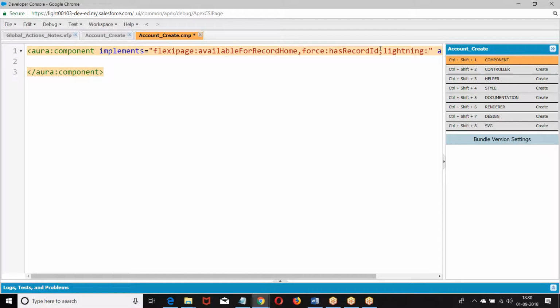Lightning action override. So here we are going to create. How do you create an LDS? Tell me. How do you create an LDS? Your attribute.